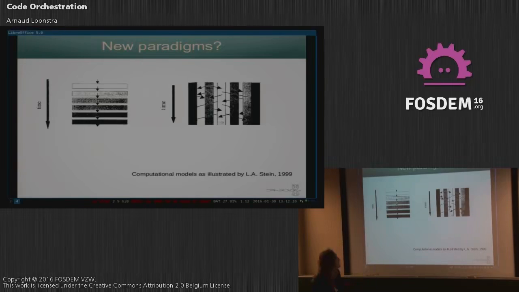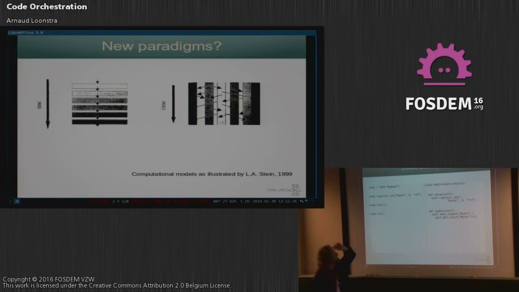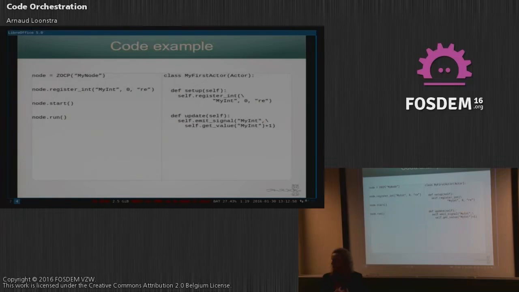So what I did, I have adopted the ZOCP model for inter-thread communication. And I've developed a framework based on these paradigms. Here you can see a code example I showed last year as well. And this is a new framework which is based on popular creative coding frameworks like Open Frameworks or Processing. Do people know Open Frameworks? Processing? Processing might be best known because it's very similar to the Arduino IDE.